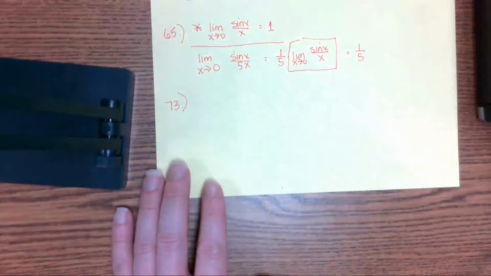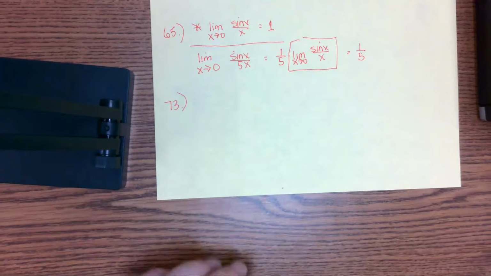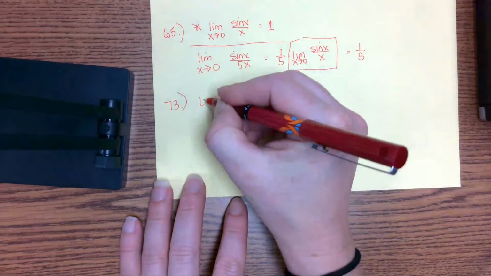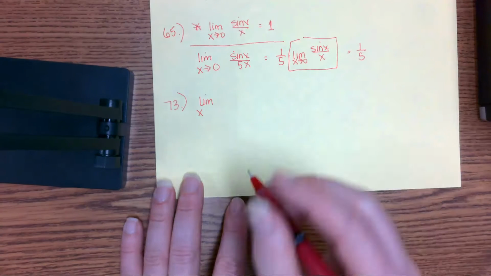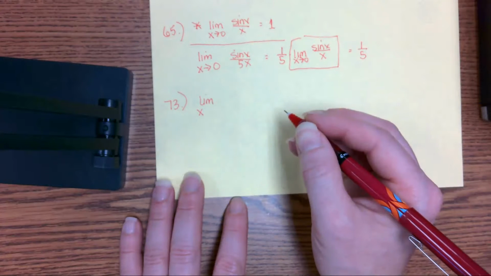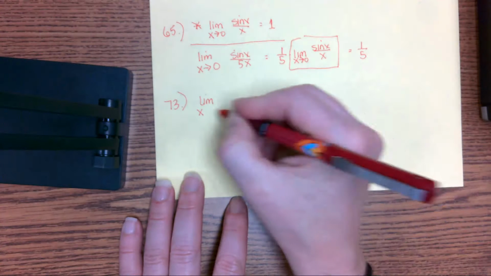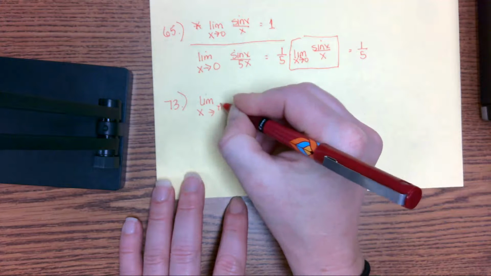Let's see. 73 is the limit as x goes to pi halves